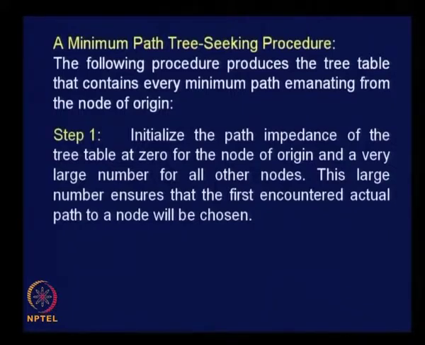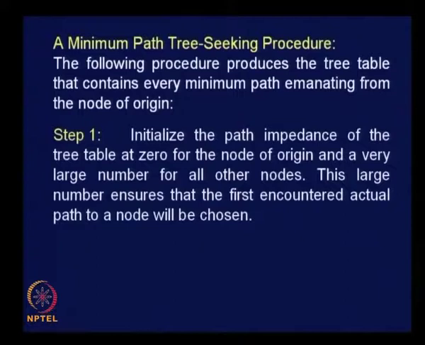What do you mean by this? Initialize a path impedance. Path impedance is nothing but, in simple terms, travel time, right. So, we are talking about the travel time required to reach that particular node. That is what is mentioned here as path impedance of the tree table at 0 for the node of origin. Obviously for the node of origin path impedance can be taken as 0 because we are going to start from there, right,